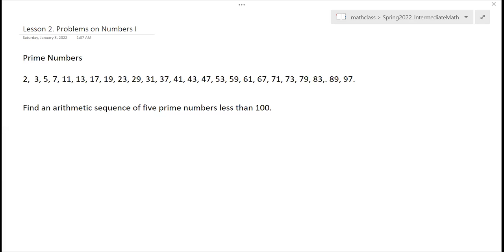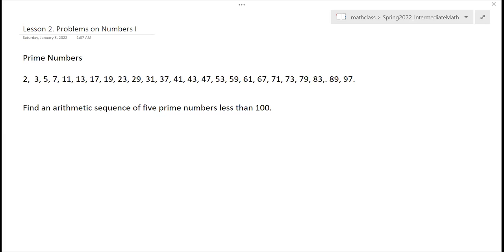All right, so this is the second class. We are going to study problems on the numbers. I begin with prime numbers. I list all the prime numbers less than 100, and I hope some of you can memorize all the numbers. Those are prime numbers, so it will be much easier for you to solve math problems for prime numbers